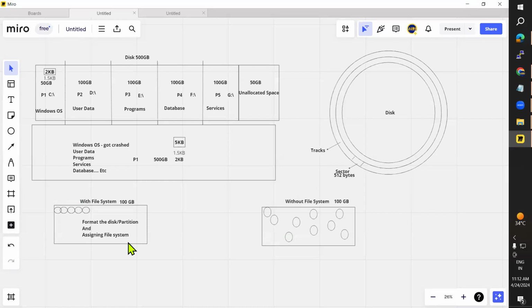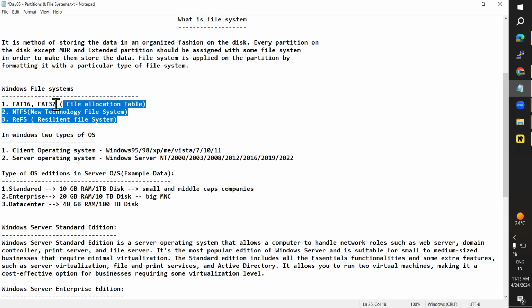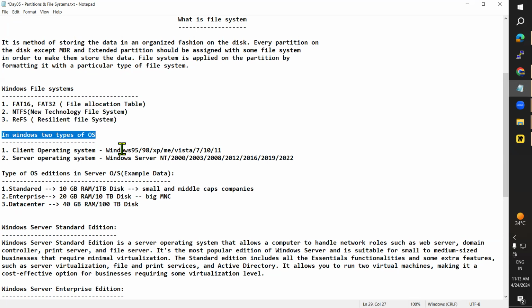Otherwise, Windows will not install, because without the file system, Windows cannot install. Not only Windows, any operating system like Linux, Unix, Mac, anything, without the file system, no operating system will run on the disk. Okay. We'll discuss the file systems in more detail in upcoming classes. Okay. In Windows,